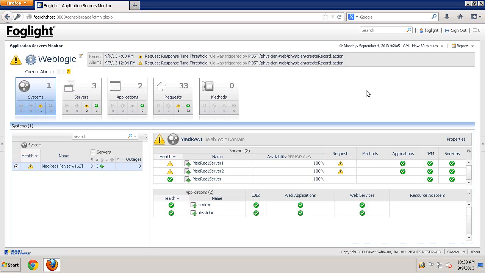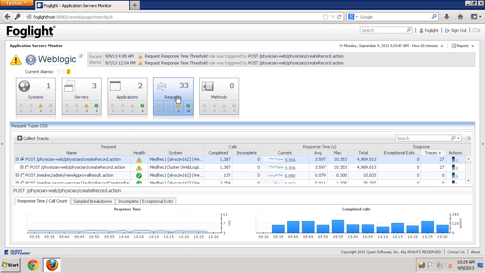A lot of our customers are using Foglight to monitor the Java application servers. They monitor their servers, their applications, as well as the requests that are running on those application servers. But how do you transform this